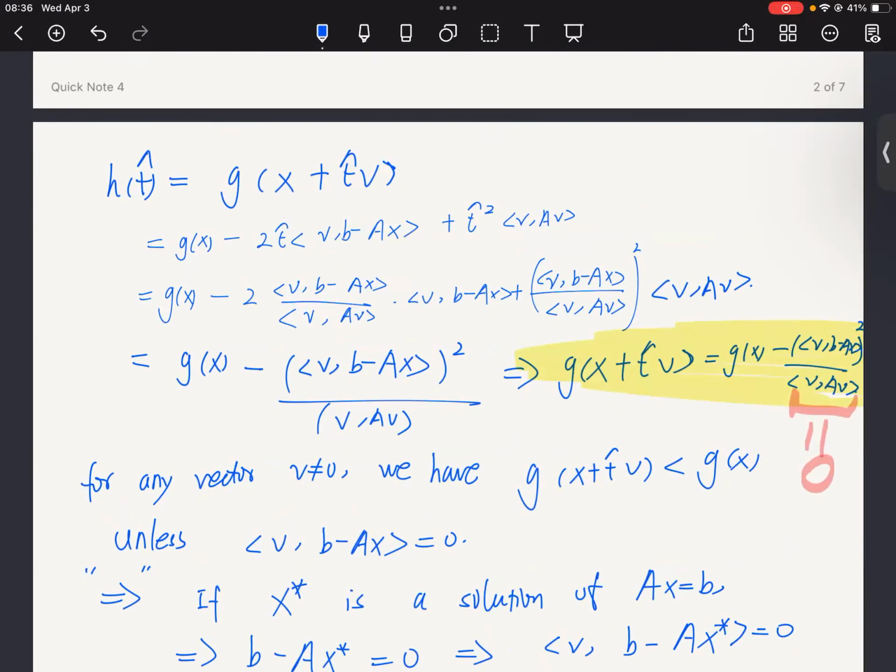Because X star is the minimum value, along this line this one should be the smallest number, and this means that